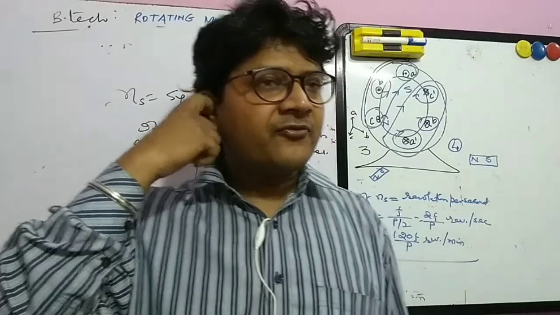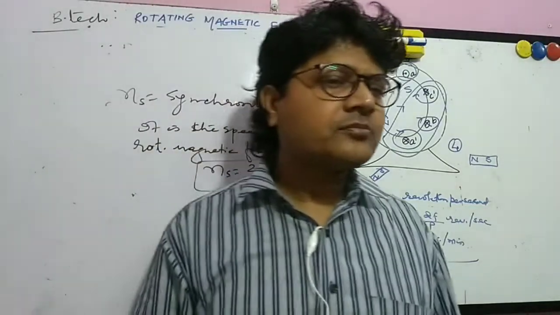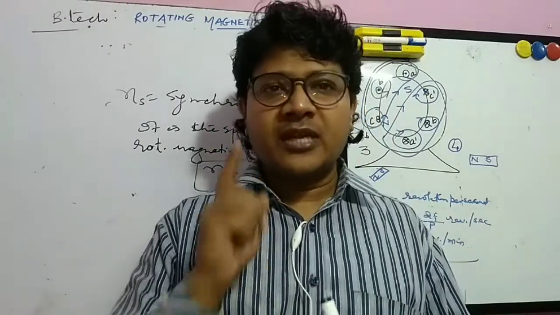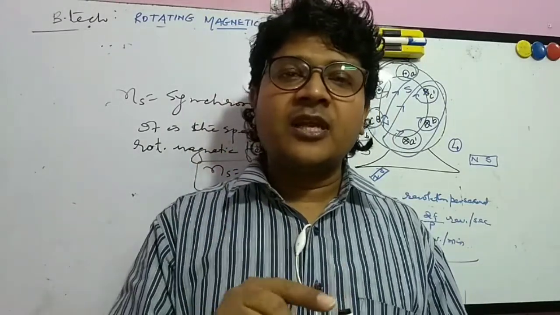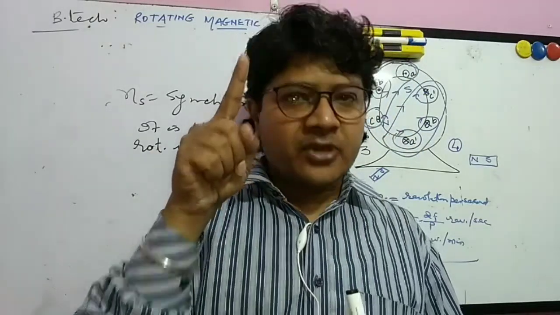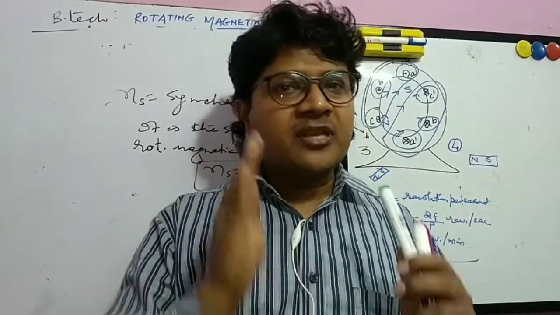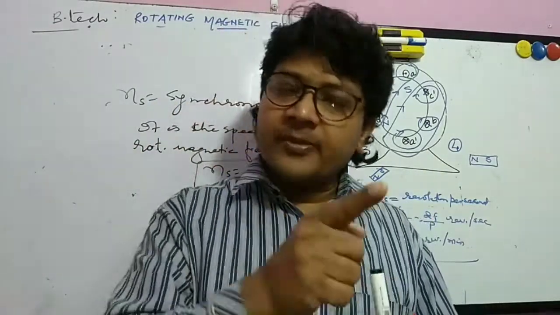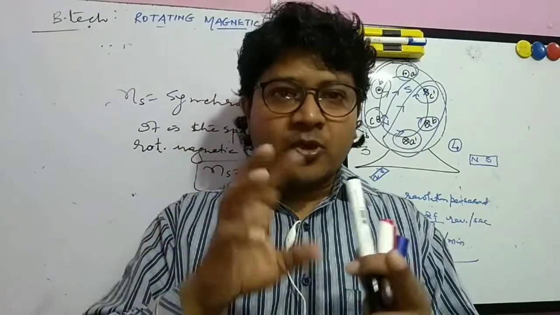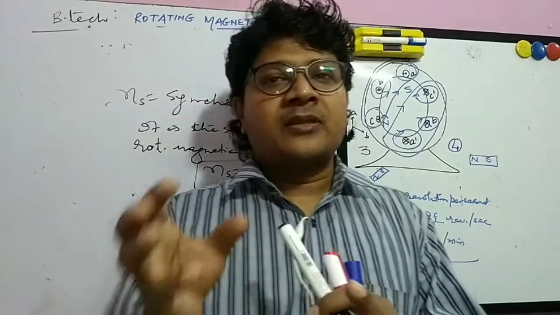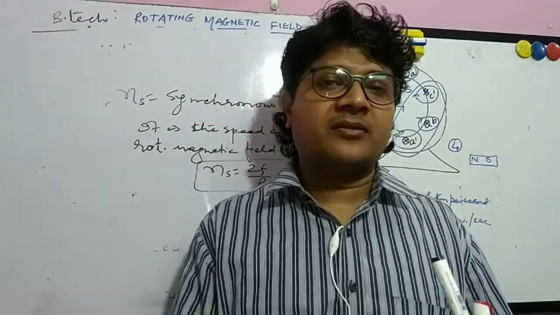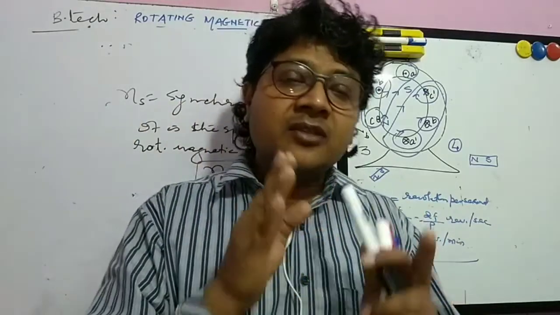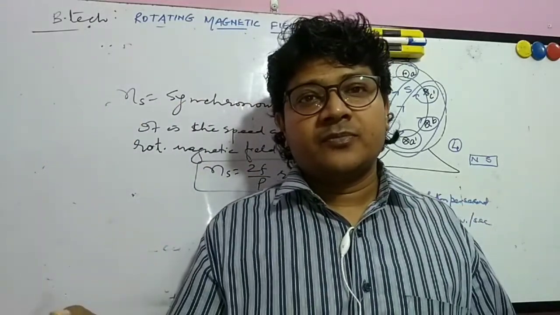Now one more thing we can conclude here, that this is producing a constant magnetic field. It is producing the constant magnetic field at every point of the rotation, and that magnitude is 3 by 2 Fm, and the direction of the magnetic field will be towards the phase that is carrying the maximum current, right?